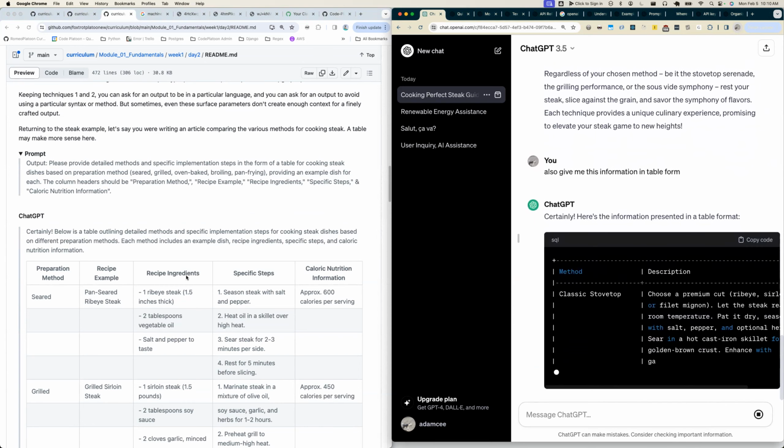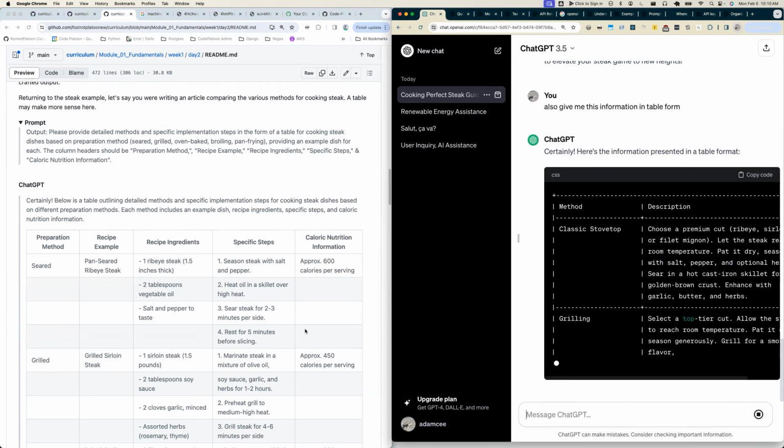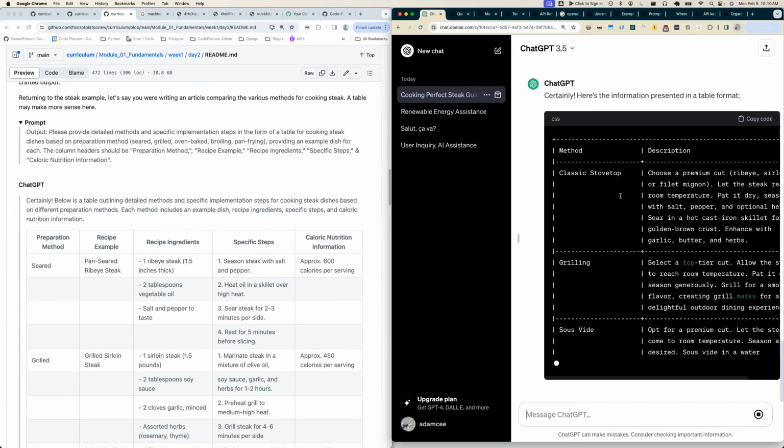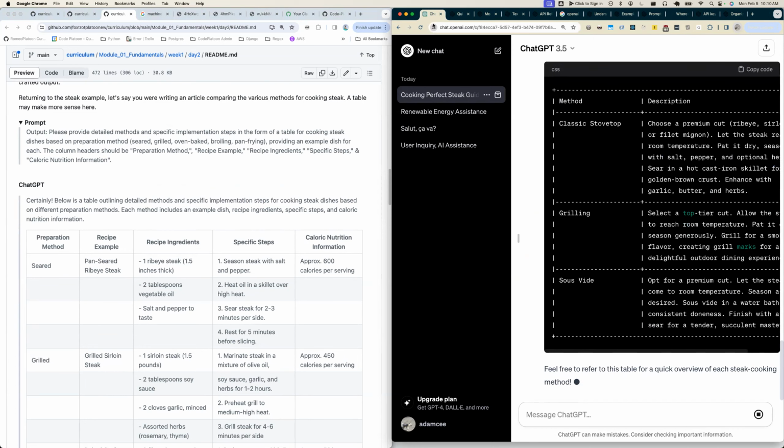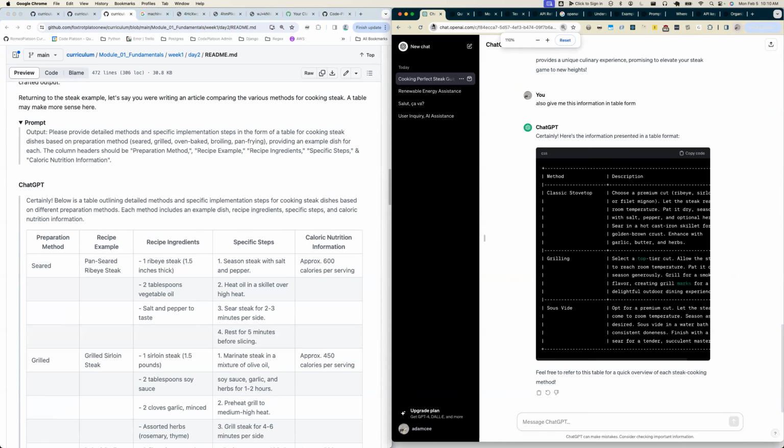And this is not quite the kind of table I wanted. I wanted more of just like a visual table. Though it's giving me this, let me bump down the font size on this a bit. It's giving me method and description. So let's say make the table column